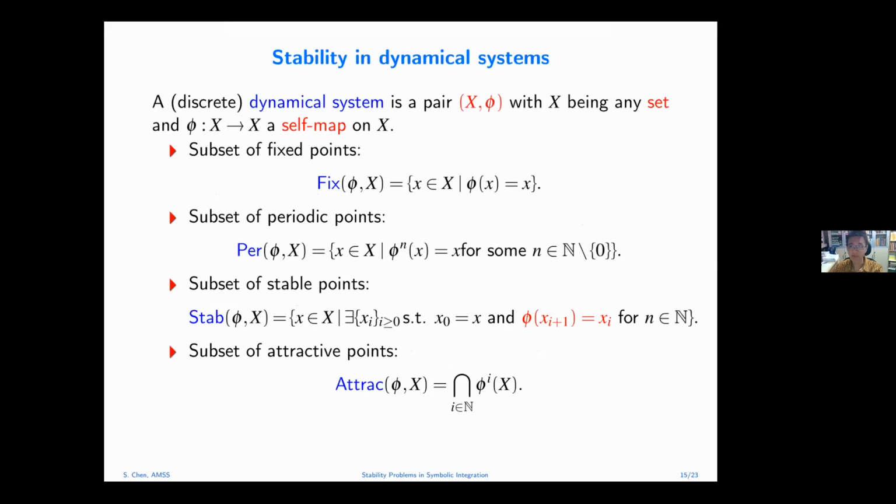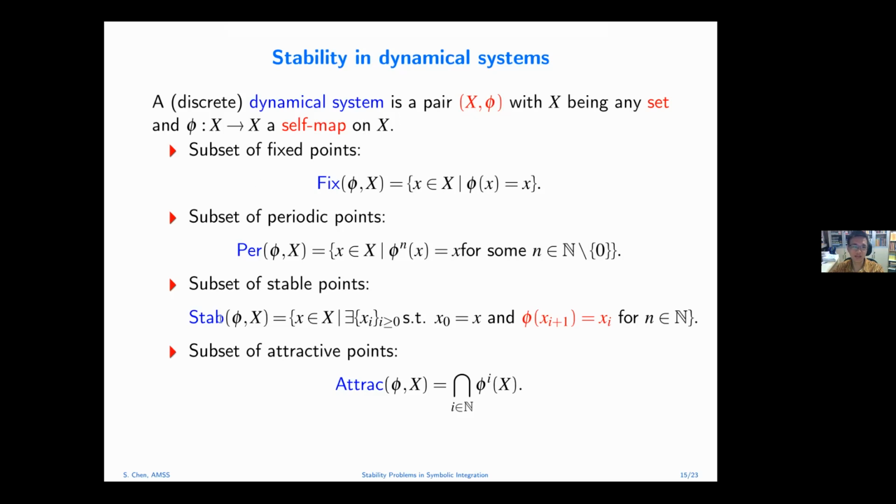But I need to put this kind of feel for the idea in a more formal way. For this we need some terminology from dynamical systems. A discrete dynamical system is just a pair (X, phi), where X is any set, you can take any set, and phi is a self-map on X. So this is a very general setting for discrete dynamical systems, but even from this very simple definition,